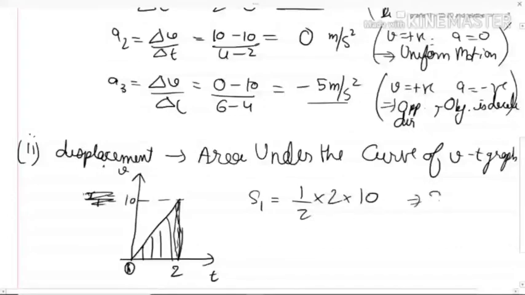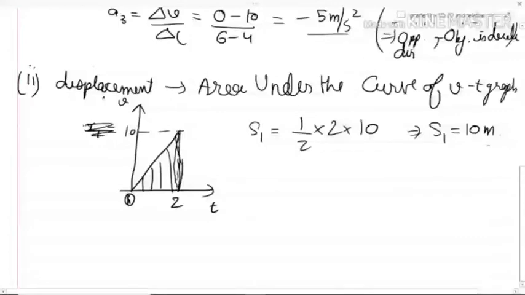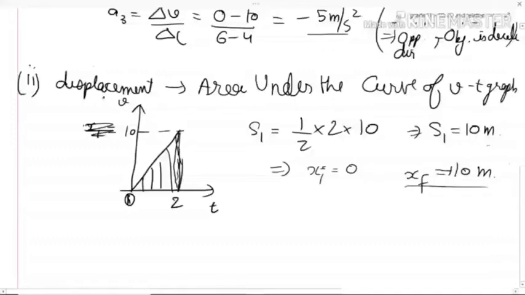So what is the displacement in the first part? The first part is basically 10 meters. Is this clear? Yes, clear, sir. So basically, where exactly is it going from? Initially it is at origin, so the final position will be plus 10 meter, right? So can you see the object is going towards right? Hence the velocity was also positive.